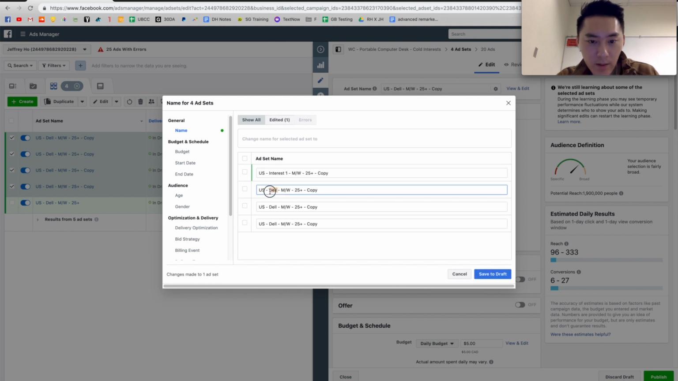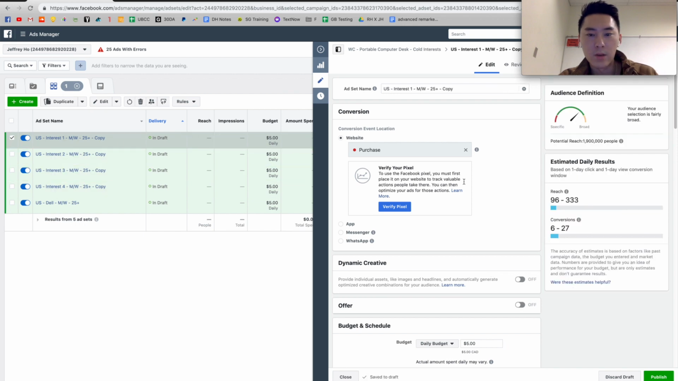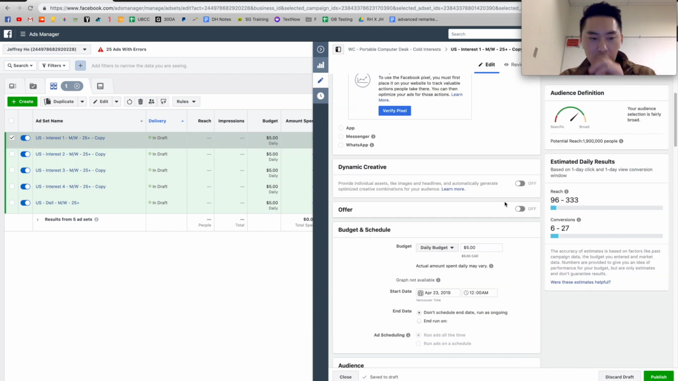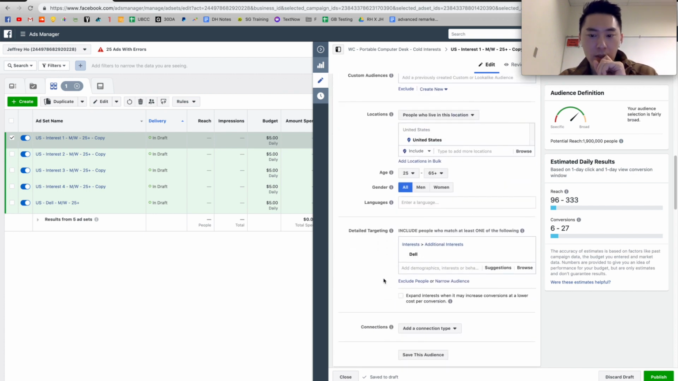You will have to do your own research for the interests, as we talked about. You can do things like different brands, different magazines, different people, different TV shows, something related to the product. It's all down to common sense, so it shouldn't be too hard. So you can do something like this, and you can see the draft. You can go to each individual ad set and change the interests here, in the